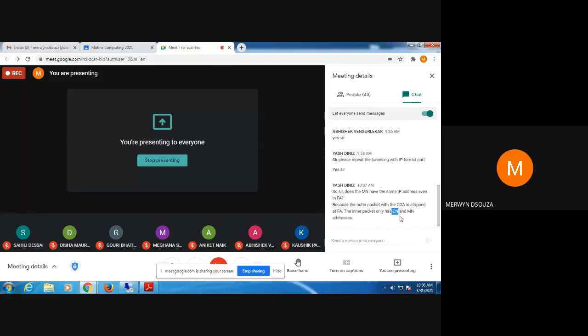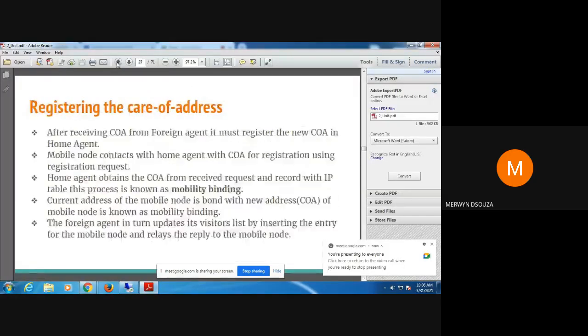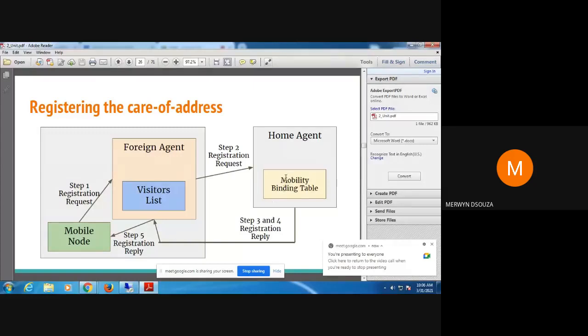That's why it obtains a temporary address known as the COA. The COA binding is done in the registration process, like I explained here in this diagram. Once the home agent has updated its table, then the foreign agent updates its table. It links the COA with the mobile node.